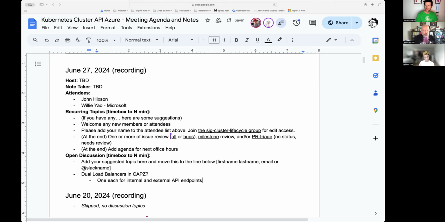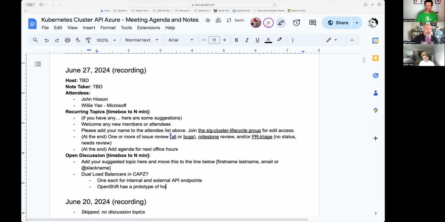So I wanted to talk about an approach to accomplish what we need. I've looked at a couple different methods, and this is why I'm here, because I don't want to just go and change everything. So I've considered making the API load balancer build an array of load balancers, or just adding an additional build for additional load balancers. That's where I wanted to start, and what y'all think about that.